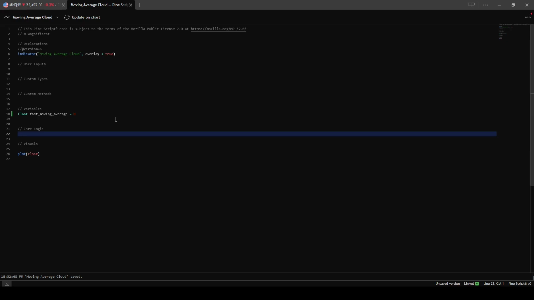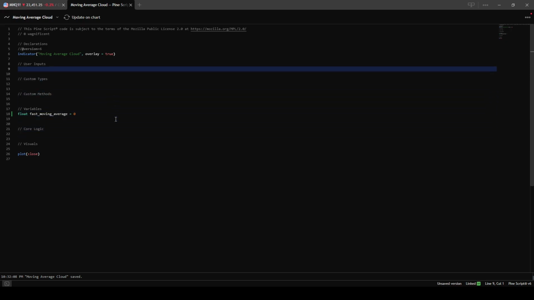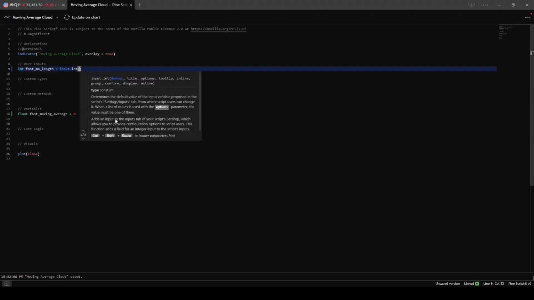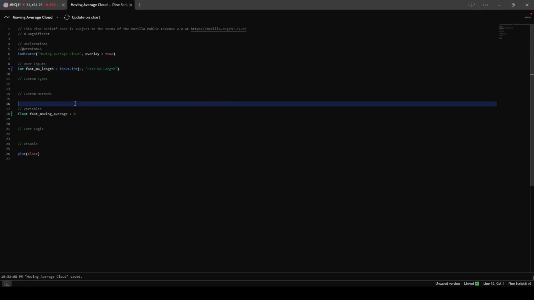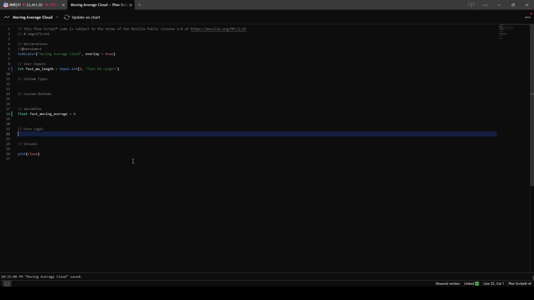Actually, before we do that, let's go ahead and throw in our user input, right? Because we want the user to be able to specify how long the length of this moving average is. So we'll do fast MA length, and that's going to be an int, equals input.int, and we'll call that fast MA length. Oops, I have to set the default value. For the fast one we'll do 9. Then when we come down to the core logic and we set fast moving average,